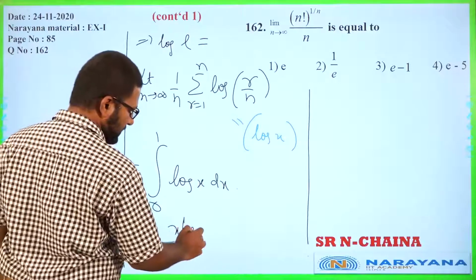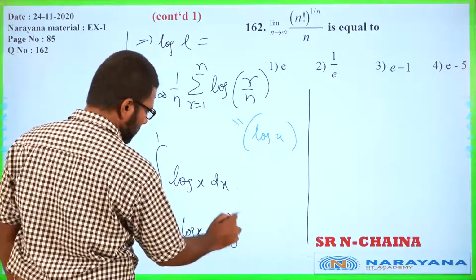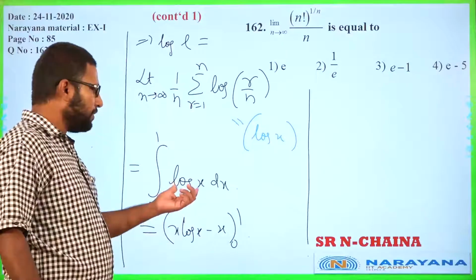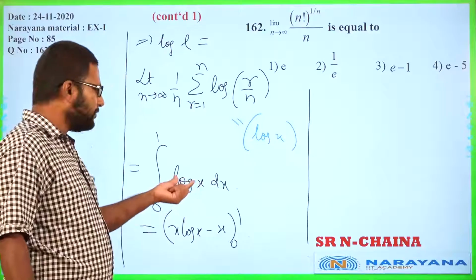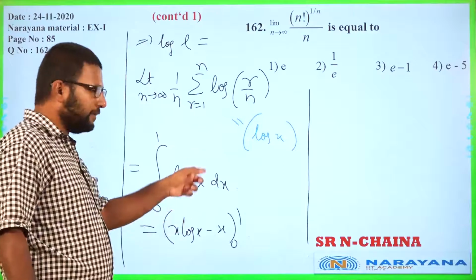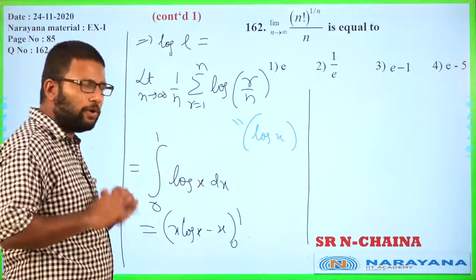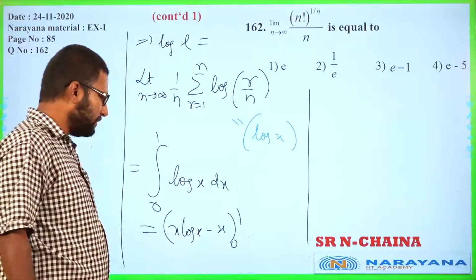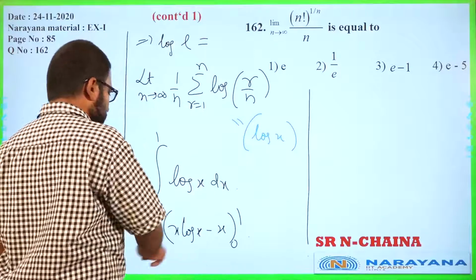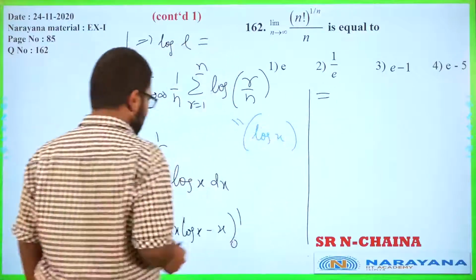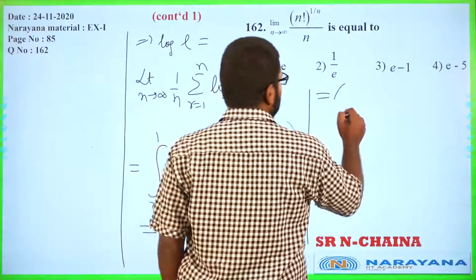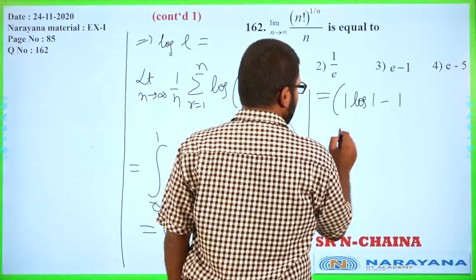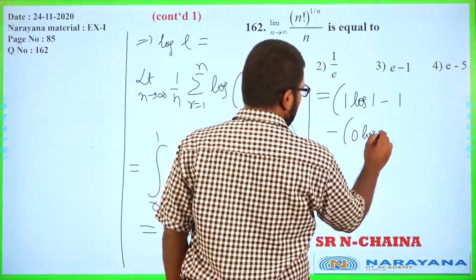x log x minus x, okay? I am directly using this result from indefinite integrals, you try it on your own. You can either apply the UV rule, in which u is log x, v is the constant 1, or you can substitute x equal to e raised to t and then you will get the same result, okay? So, this now, substituting, becomes 1 log 1 minus 1 minus 0 log 0 minus 0,